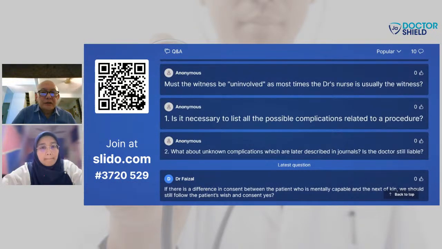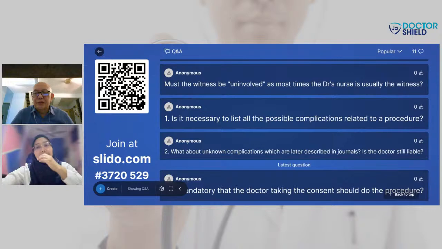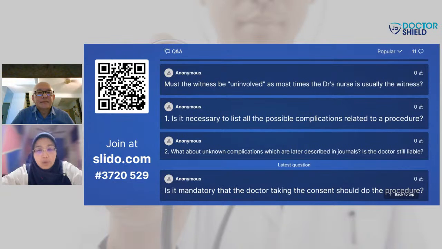Another question on consent: is it necessary to list all possible complications related to the procedure? At the end of the day, what is important is for the material risk to be explained to the patient. It's not necessary for the consultant to list down all the possible complications. What is required is only the material risk. And that material risk actually differs from one individual to another. In view of this, that's the reason why currently the court